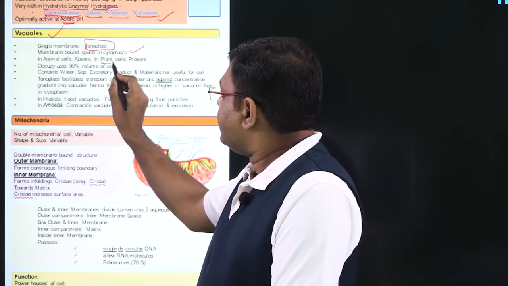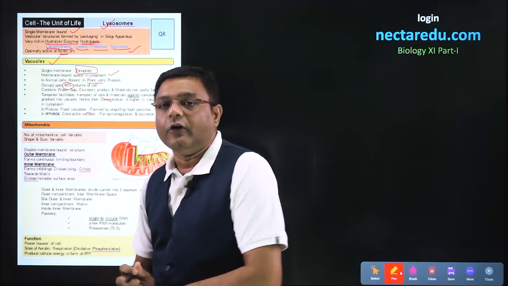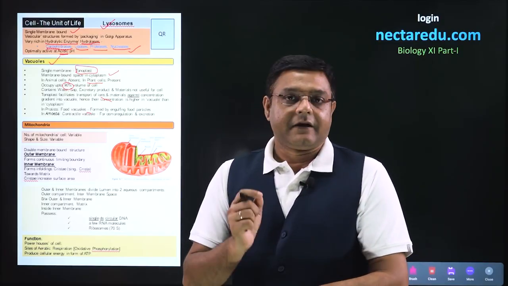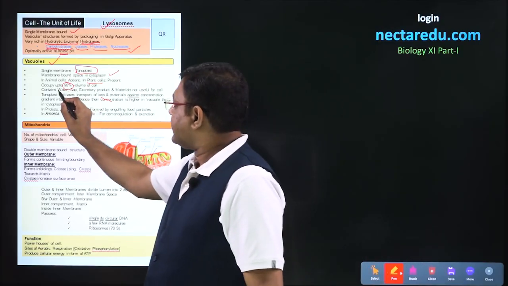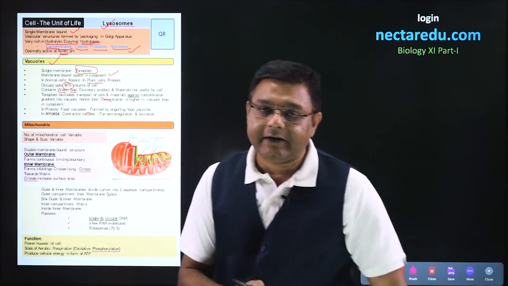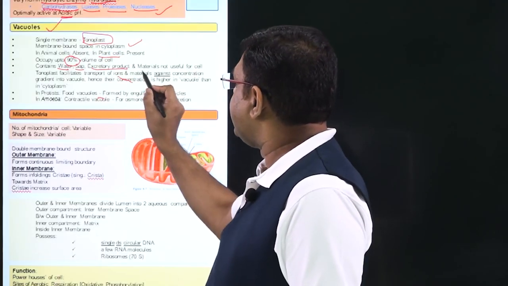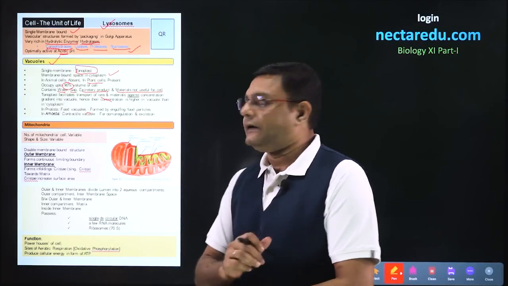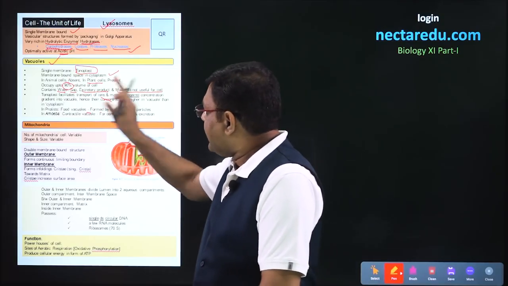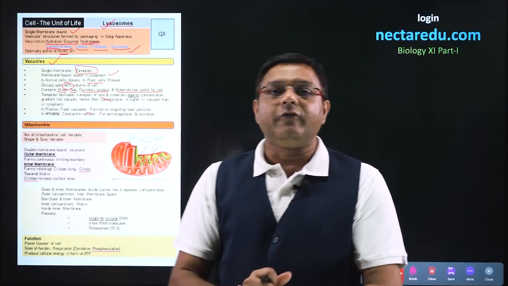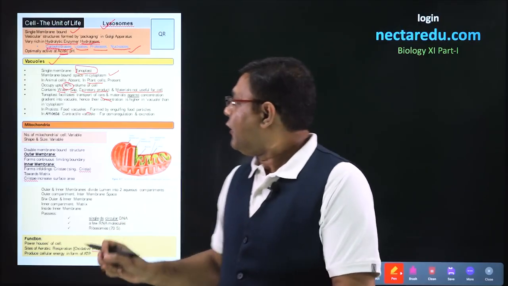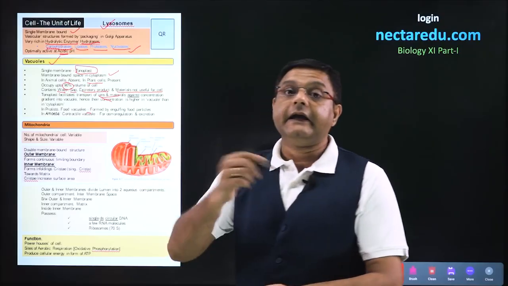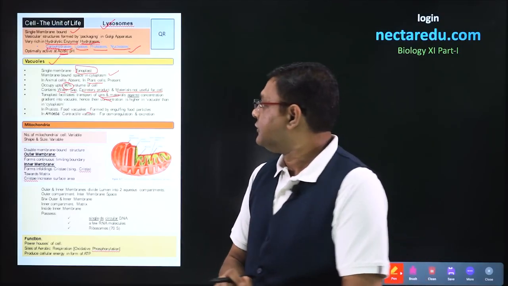If we talk about plant cells, then 90% of the volume of a plant cell can be occupied by the vacuole. Components of the vacuole: it can have water inside it, it can have sap, excretory products can be present in it, and even materials which are not useful for cells can be present in the vacuole. Now, one important activity of vacuoles is that the membrane of the vacuole transfers ions or materials against the concentration gradient. So we will just look into it.